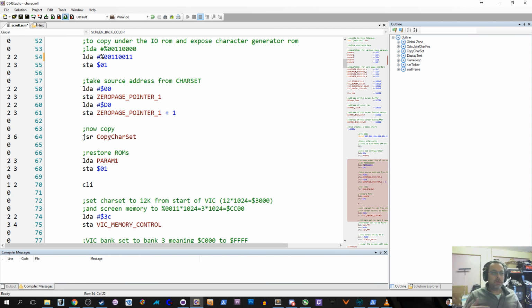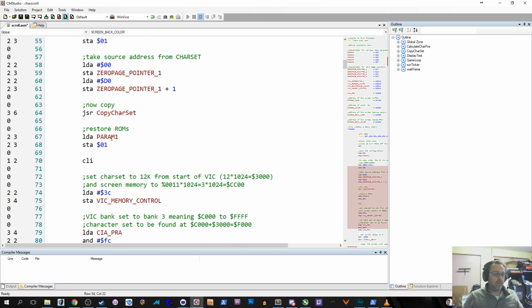Normally, you cannot do that, because that is where the kernel ROM is, and where all the I/O vectors are, and the IRQ vectors are. But the nice thing is that if you write to that ROM, whatever you write to that ROM is actually passed to RAM, the RAM underneath. If you read from that location, you will get the ROM value. So, but we have to remember how that works. The funny thing is, and that is the next thing,